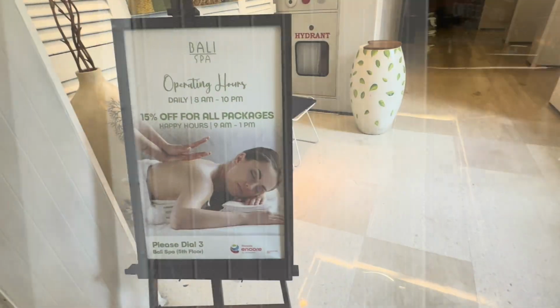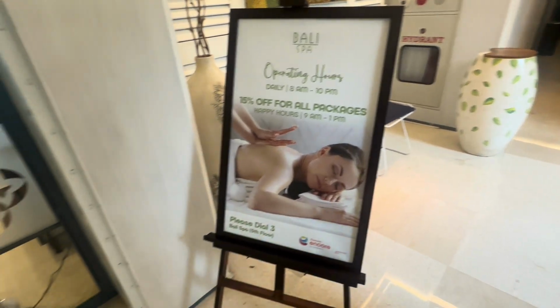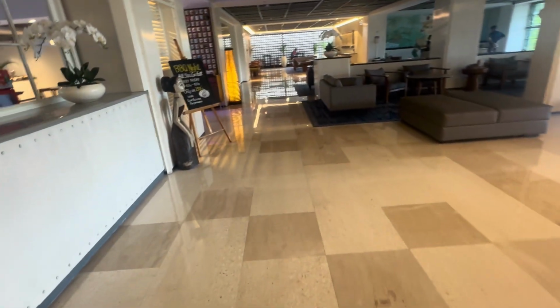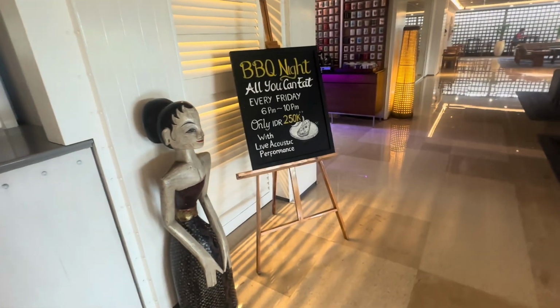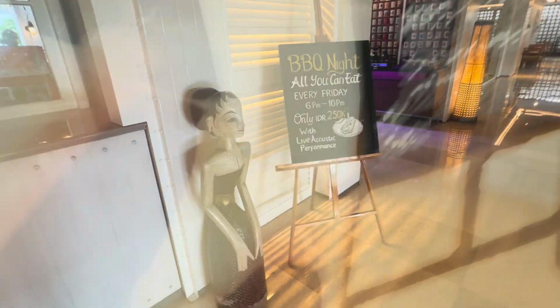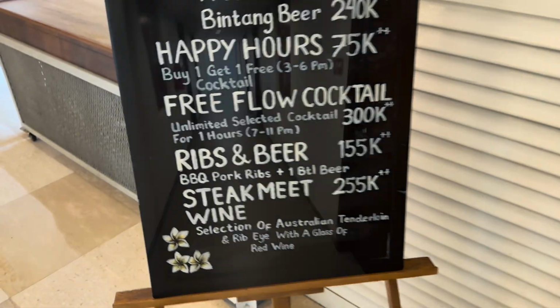This is the breakfast area of the hotel. Pretty pleasant ambience here at Ramada Encore by Wyndham. We had an overall pleasant stay here for 4 nights. There are some promotions happening as well here. So, time to check out of the room